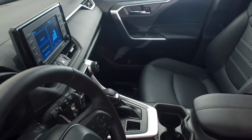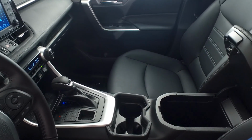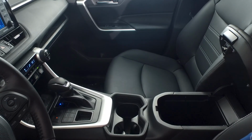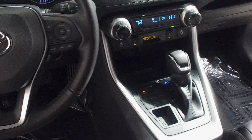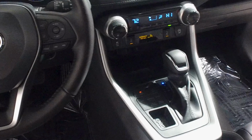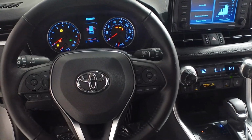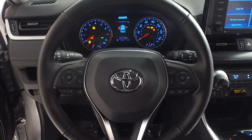The spacious center armrest console holds 2 of the 5 USB ports, and the shifter console holds controls for the Eco, Normal, or Sport drive modes, as well as the multi-terrain select controls for mud, sand, rock, or dirt travels. These settings allow you to personalize your driving experience to maximize fuel economy, as well as maximize the vehicle's all-wheel